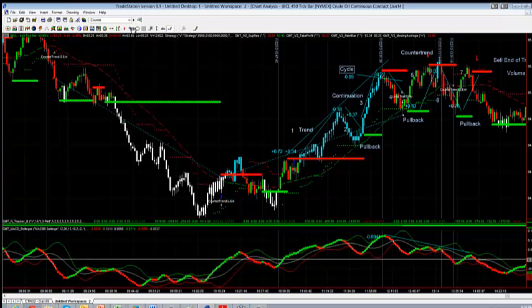This is why it's important to have this multi-system approach, because at the end of the day, we're looking for markets that present opportunities like this. And it may only be for you a two-strategy approach. You may just run trend and cycle. You may run trend and counter trend. But either way, it's really an opportunity.